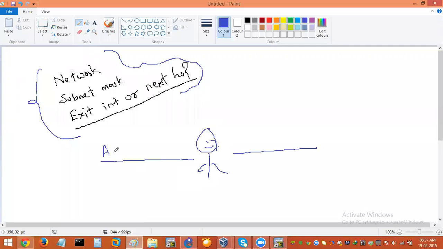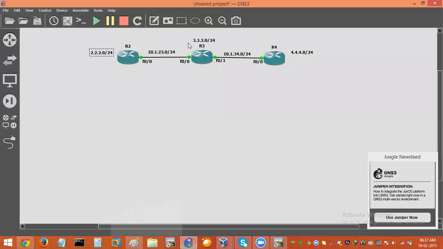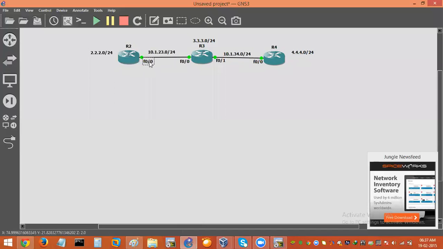and you have a few destinations on your left and a few destinations on your right. So when you have A, B and C on your right, and you have D, E and F on your left, to reach D, E, F you should always route through your left. For A, B, C you should always route through your right. So this is what we are just taking from the diagram. It happens the same way for the routers. If R2 wants to communicate to these three networks, R2 should just forward the packet to FA0/0 and that packet will